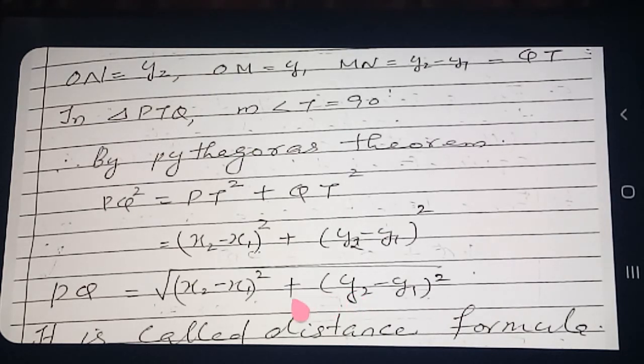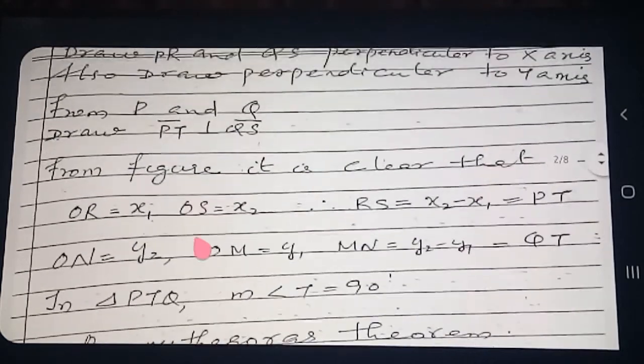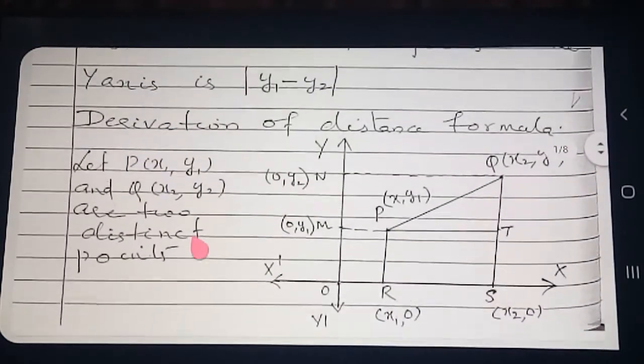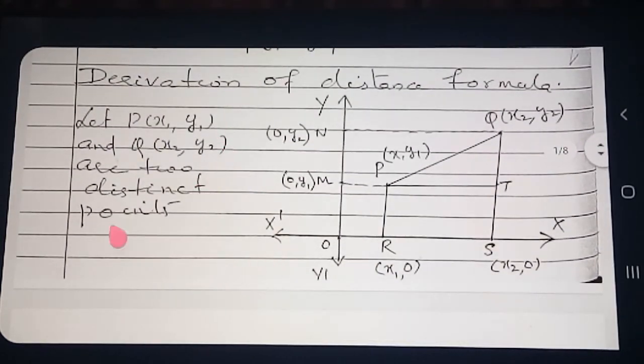Throughout this chapter, we are applying the distance formula in many places. So this I explained, the derivation. The derivation is sometimes asked in the examination. So what did you get for PQ? Root of X2 minus X1 the whole square plus Y2 minus Y1 the whole square. It is called the distance formula. Okay students? From the beginning onwards, once more you make it clear. Derivation of the distance formula from here onwards, see each point.